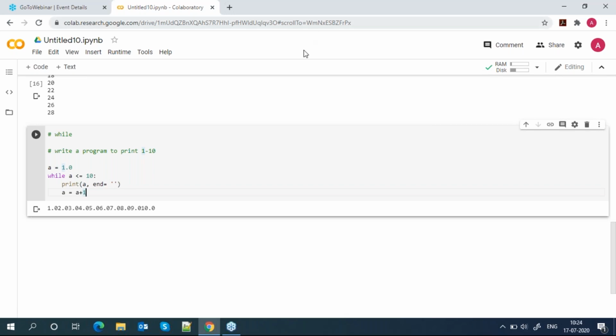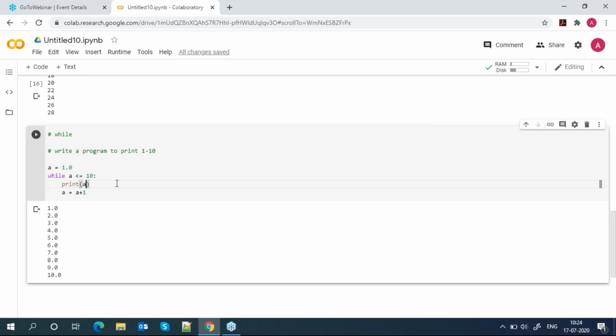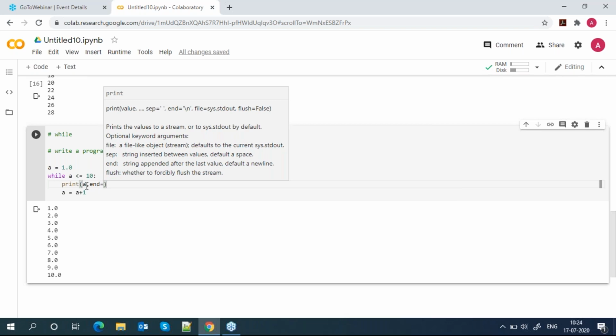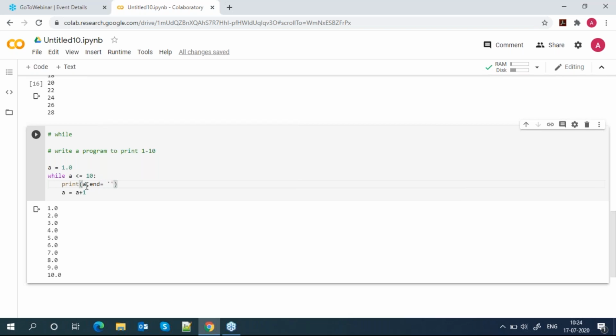This is one parameter of the print statement: end. If you don't put end, whenever you print, it will print on every single line. If you want output on the same line, put a comma and one parameter, end equal to your delimiter.